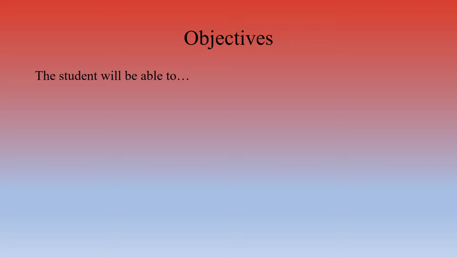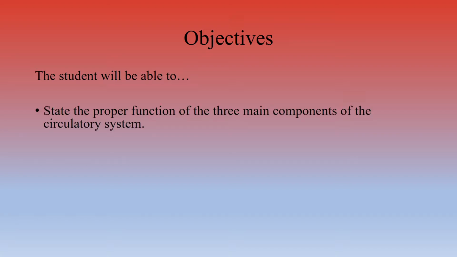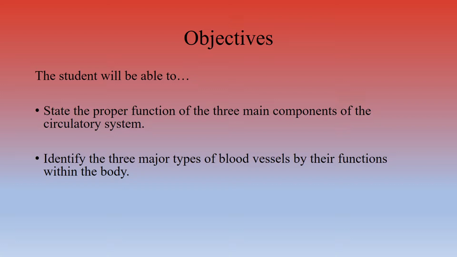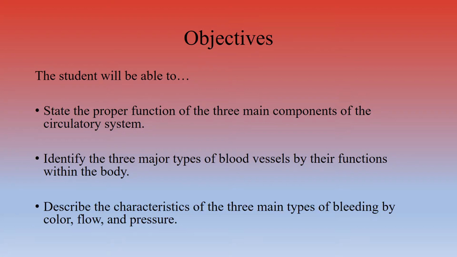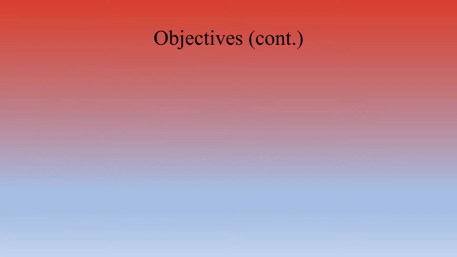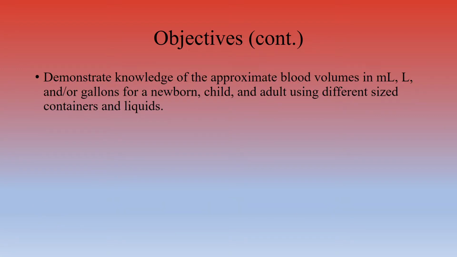These are the objectives. You will be able to state the proper function of the three main components of the circulatory system, identify the three major types of blood vessels by their functions within the body, describe the characteristics of the three main types of bleeding by color, flow, and pressure, demonstrate knowledge of the approximate blood volumes for a newborn child and adult,